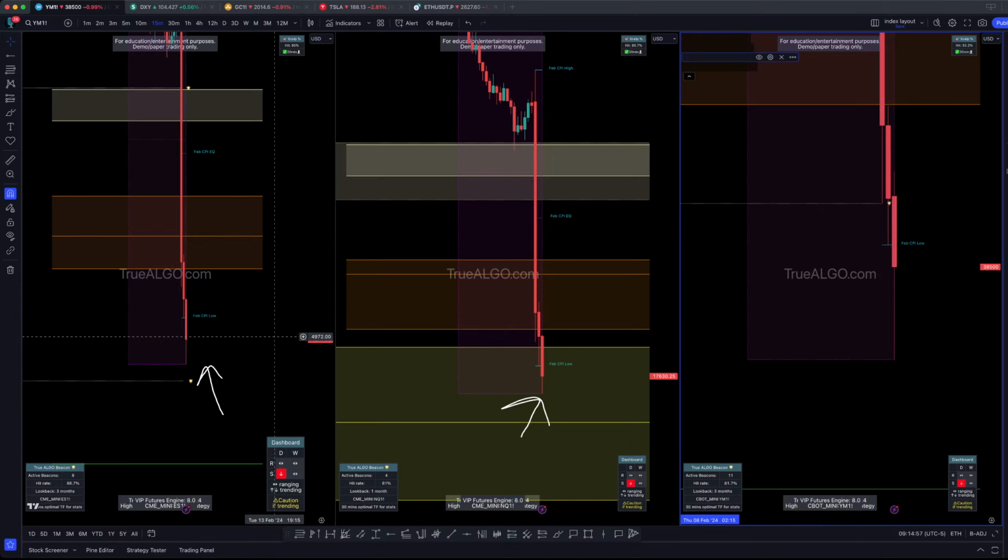But right now, this is the area that we look for price to hold. And you can see all three indices right now are holding our daily reversal box. This is as low as it should go. And by waiting for a close, you'll have an opportunity to not keep giving everything back and playing catch up for the rest of the day.